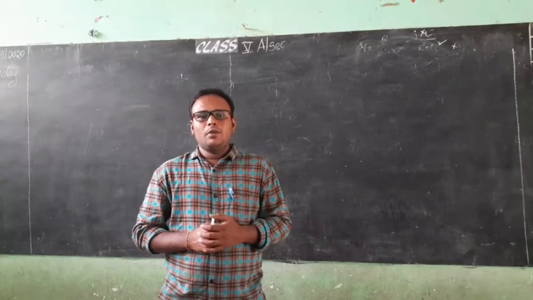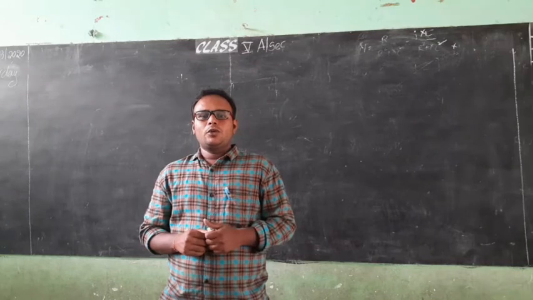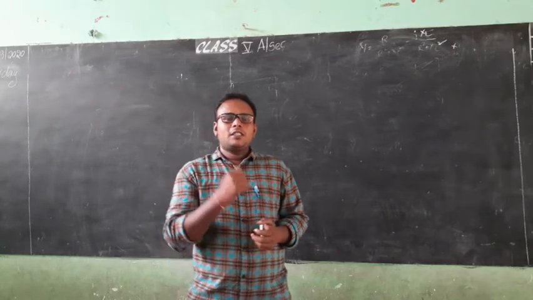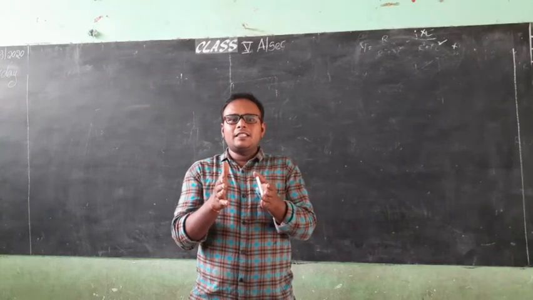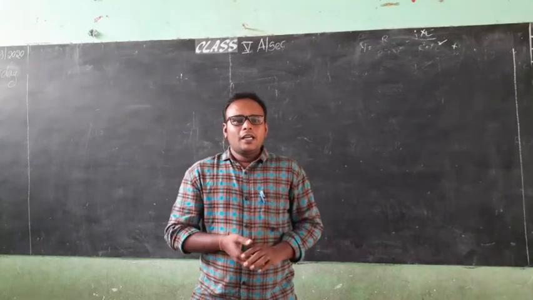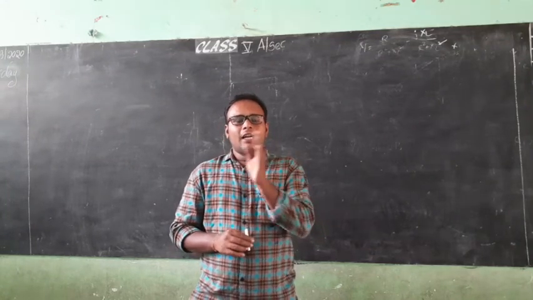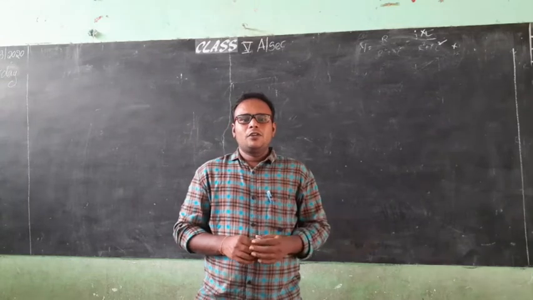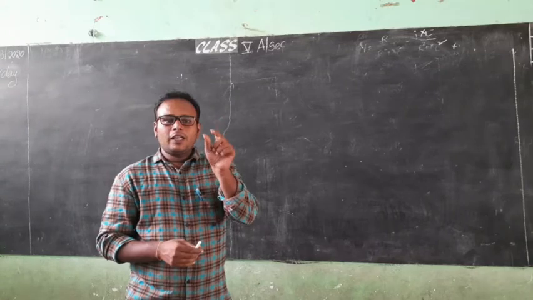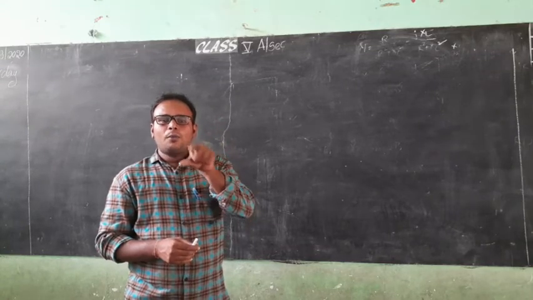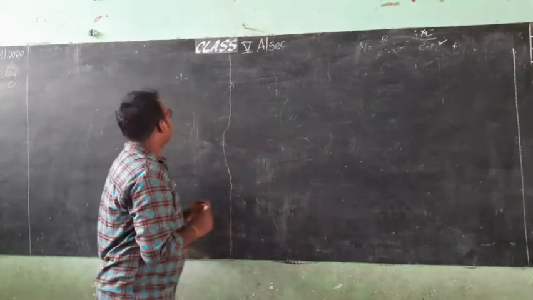Resonance is nothing but what happens when a voltage supply is applied to an RLC circuit. When voltage is applied to an RLC AC circuit, the effect is going to be a resistive effect, even though both the inductor and capacitor are present in the circuit. That is known as resonance. Let us go to the topic.